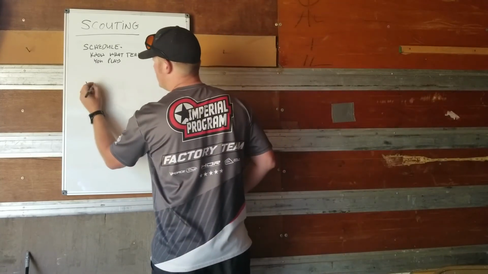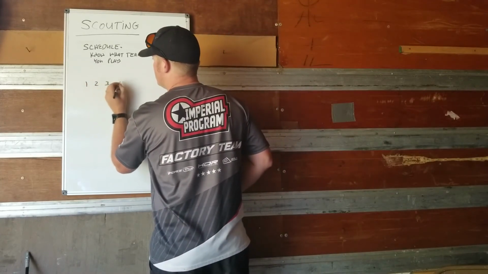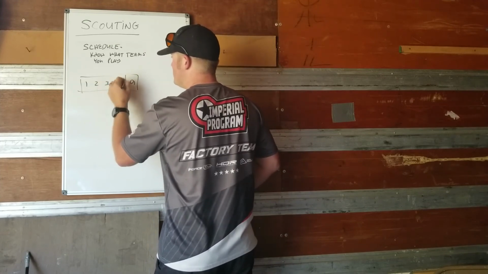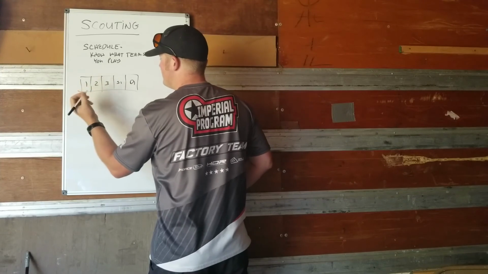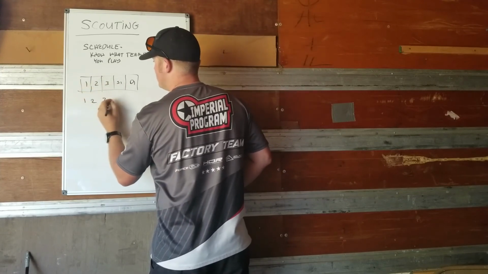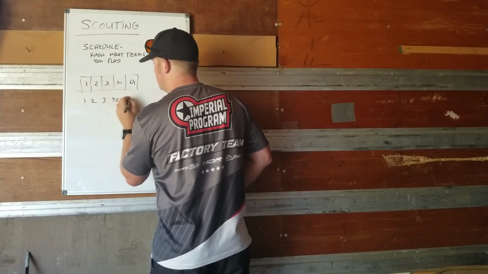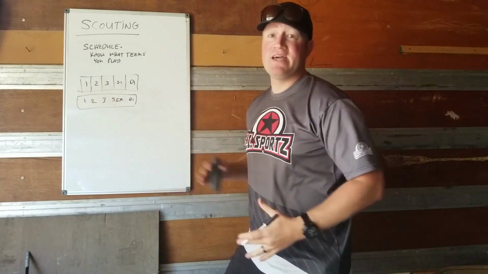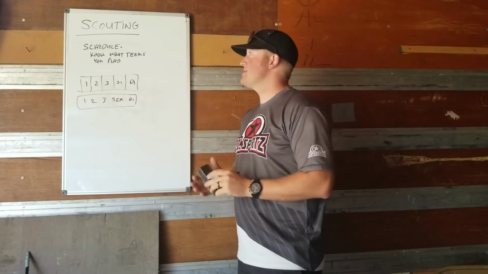Okay, they went to the 1, the 2, the 3, S1, D1, right? And that's game 1. You can do it that way also, where now you've just written down 1, 2, 3, S1, D1, right? That's their breakout. Same thing, but it gives you the tendency, so you can make a game plan against it. So anyway, that's how you scout.